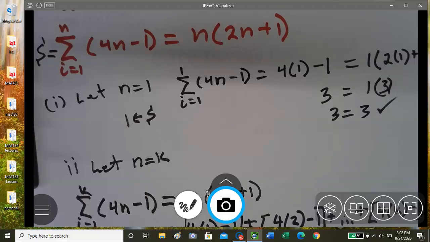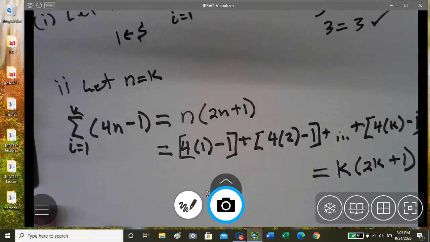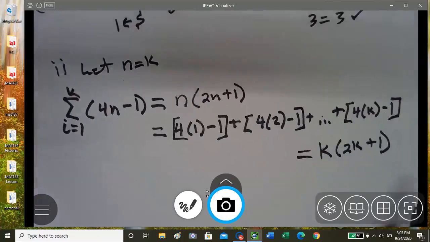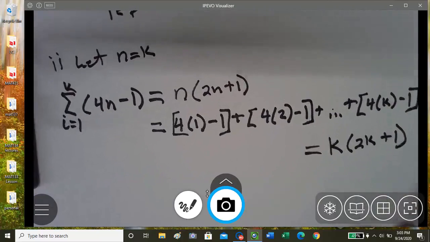So where n is, we put k in, and we put 2k plus 1 in there. All right, so from there,